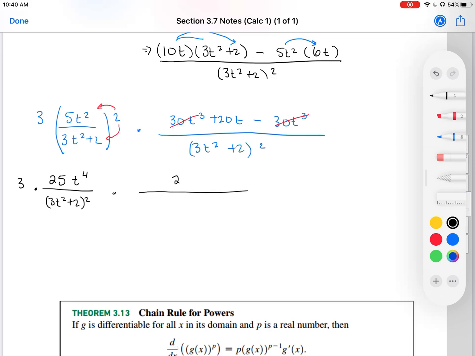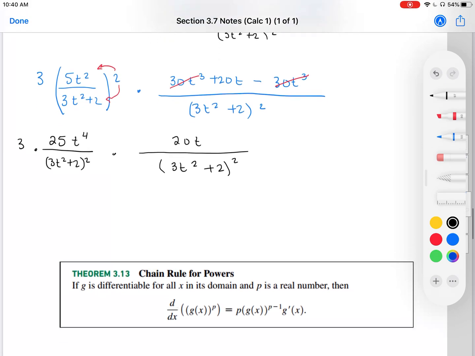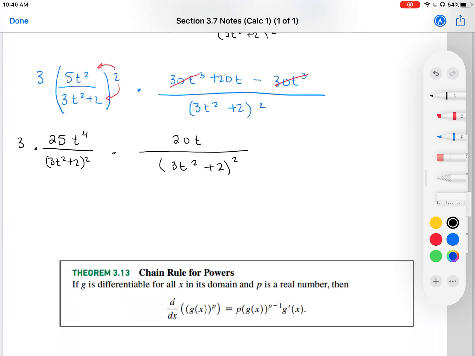Okay, so we have 20t, and we have (3t squared plus 2) squared. Let's go ahead and clean it up. So we just multiply across. This one's not so bad. So I have 3 times 25 is 75, and 75 times 20, 1500. So I have 1500 t to the 5th power, and we have the same base, so we just add